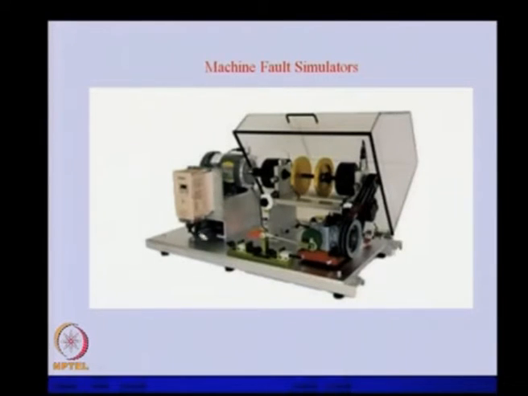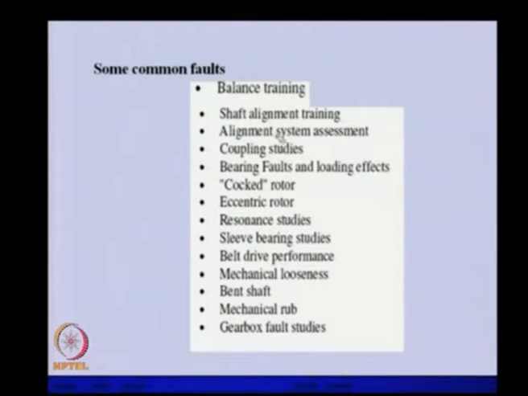Maybe we can take out the current information from this kind of setup, and even the current can indicate what kind of faults are appearing in the motor. This kind of testing can be built to simulate the fault experimentally in the laboratory. So, these are the various kinds of faults, as we have discussed in the previous lecture also, and every fault gives a unique frequency in the vibration spectrum, and with the help of that unique frequency we can identify which kind of fault has appeared in a particular machine.